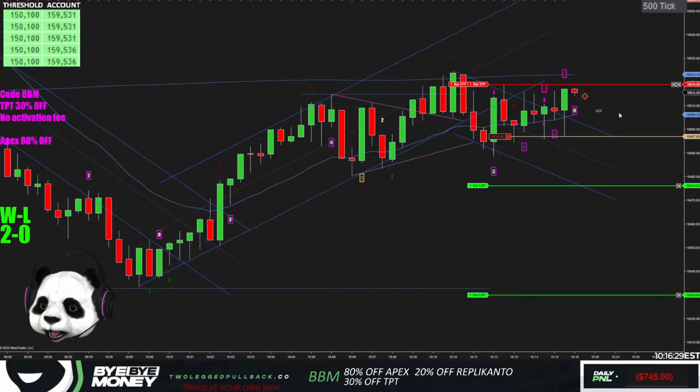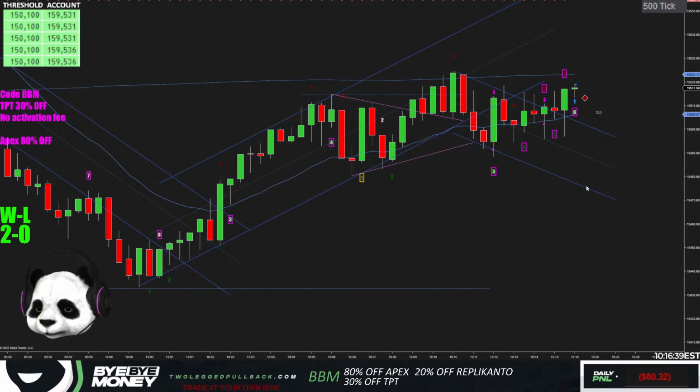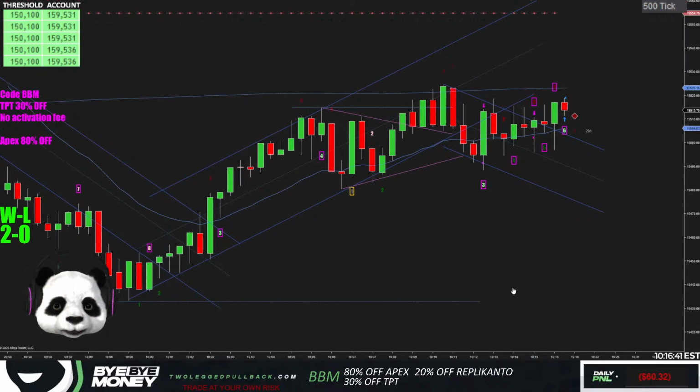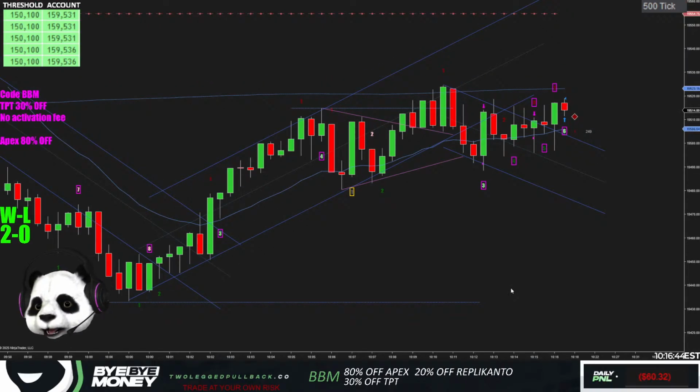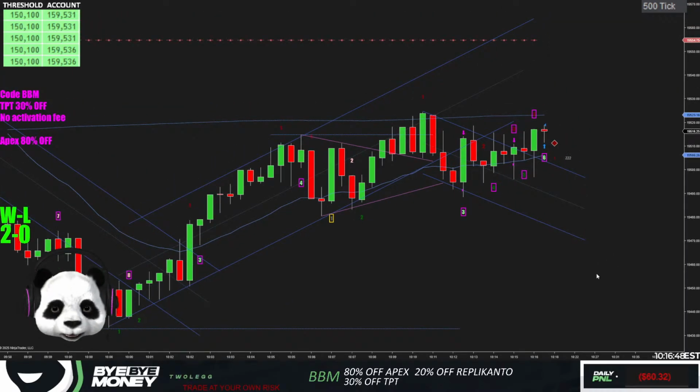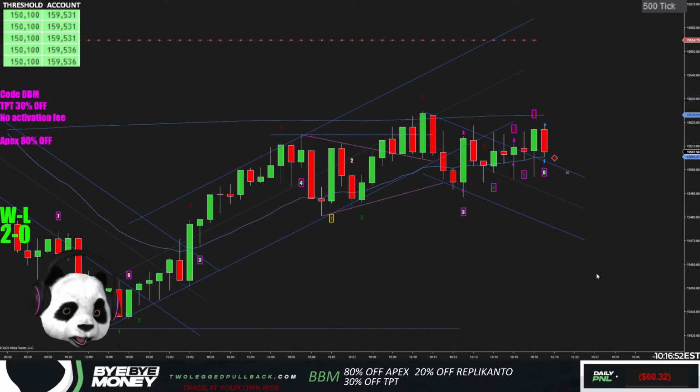Super strong bull bar ending on its high. I'm about to get stopped out here. It's all good, I think I had an appropriate stop. Just take the hit. Pretty much coming out break even today. Unfortunately, that didn't work out. I could have come out break even one or two times there on that trade. But for me, I already took all the risk, so I'll just say, let's see what happens.